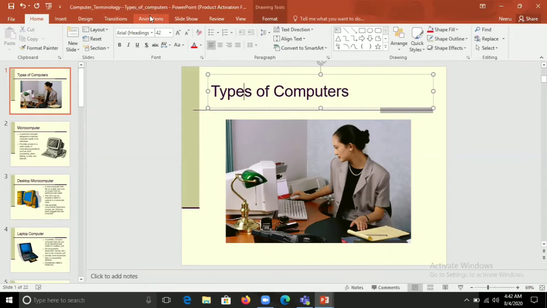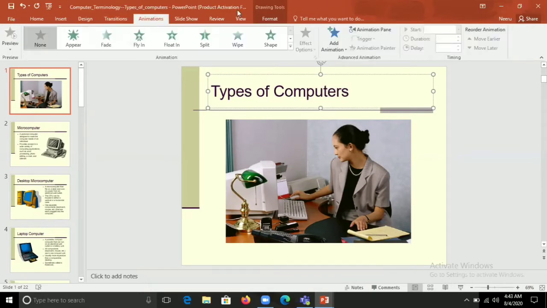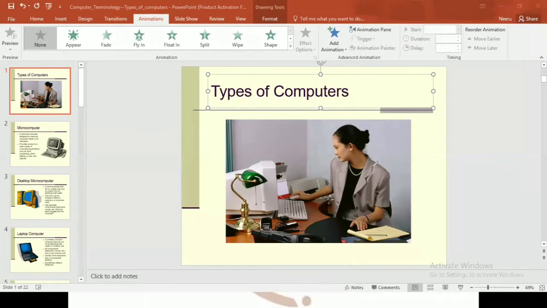Click on the animation tab. You can see here, the fifth one is our animation tab. Just click on animation. You can see there are many groups. Firstly, I am opening the animation pane so that you can understand which animation I am taking and how many animations we have taken.